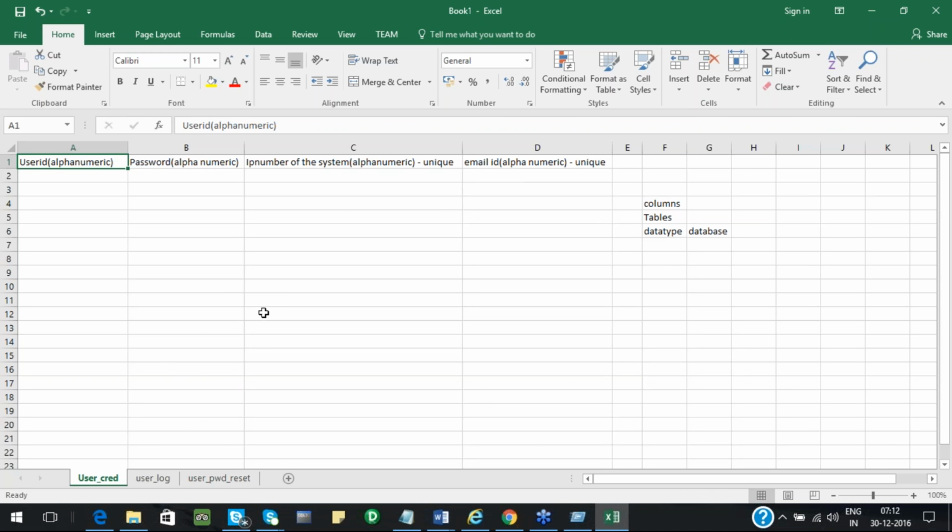If it is defined that email ID is unique and user ID is unique, then you will have to check unique columns, which we call unique keys in the database.